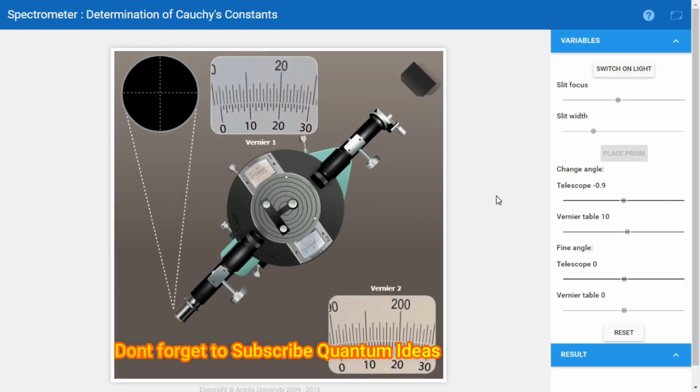Wait for a little bit. So we can see the complete spectrometer here. Here you can see the light source, collimator, and this is the telescope lens where you can see the light spectrum. So this is the Vernier scale, and this is the Vernier scale 2 here, mounted on the rotating Vernier table. So first of all, we have to switch on the light